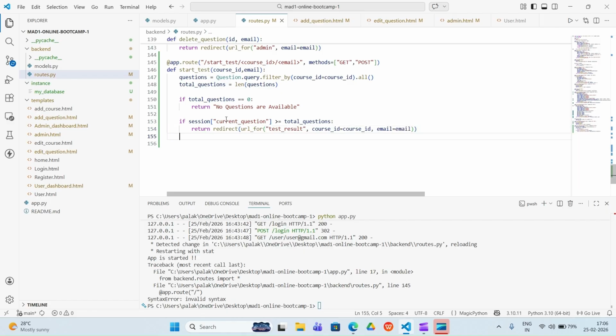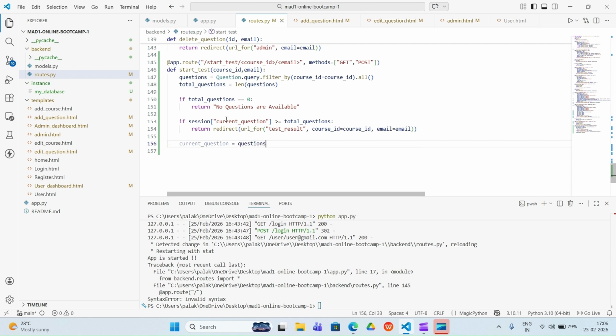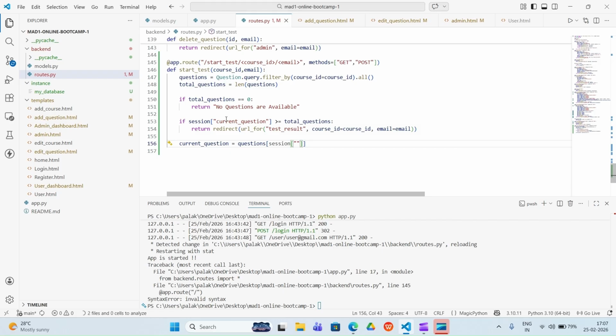And then we are going to create one variable named current question, which will contain the current question. So we'll write here questions, and questions session current question. So from session, it will take the current question. Okay, and we'll write here current question.